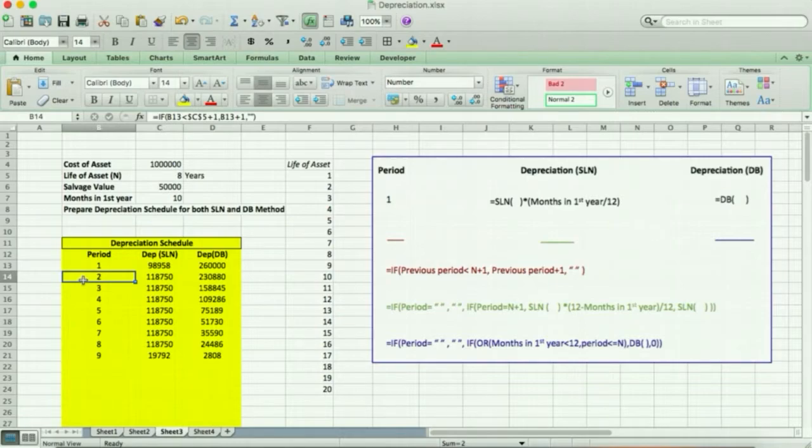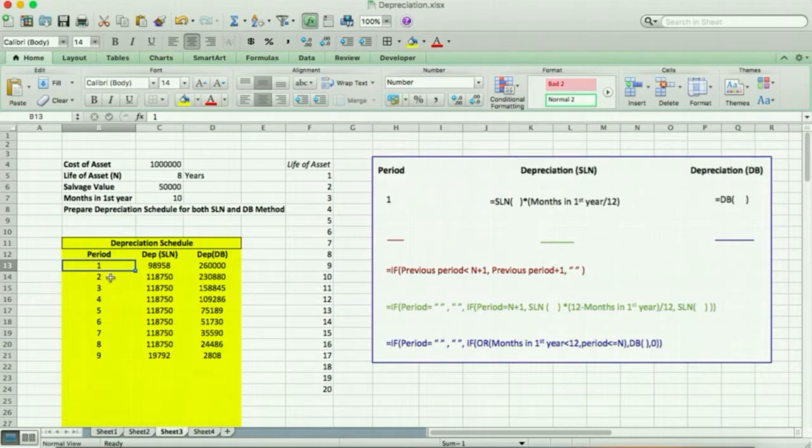Right now, you know that this Excel sheet is generalized for all inputs. If life of asset changes, all calculations in the schedule should also change automatically, and there should not be any extra calculations on the sheet. So from second year onwards, we have to first of all see whether further calculations are required or not. So what do we do? We come to the period cell like we've come here, right? And what command do I want to give to Excel? I want to tell it that if this period is less than the useful life of asset plus 1, if it's less than n plus 1,